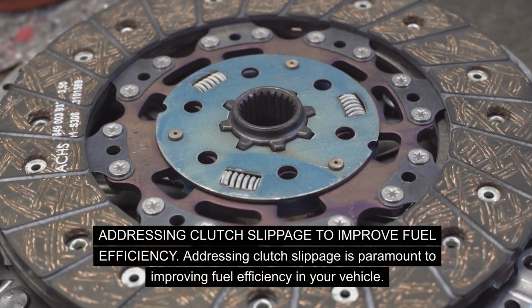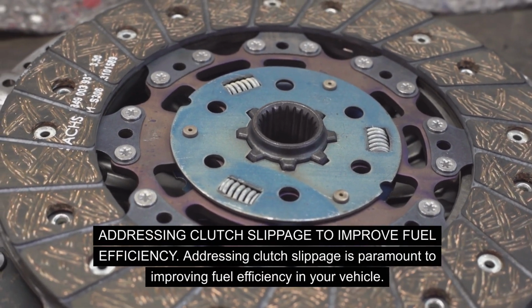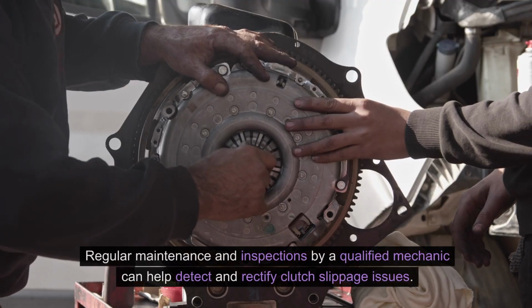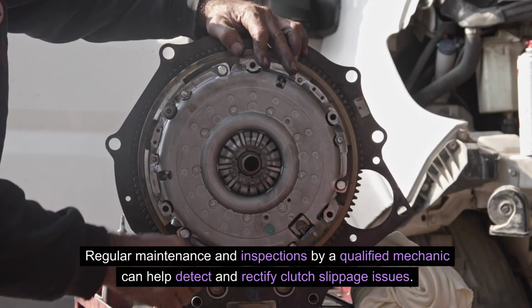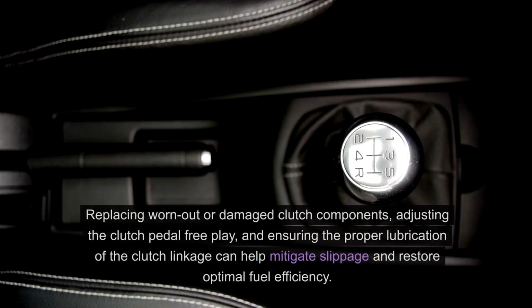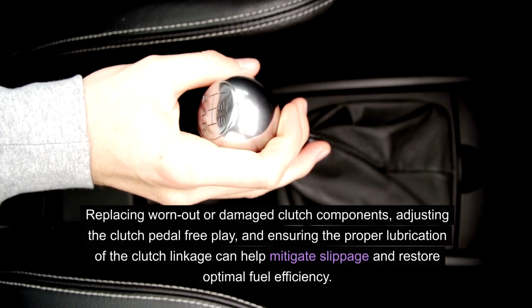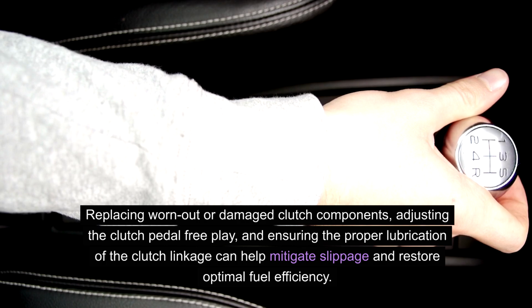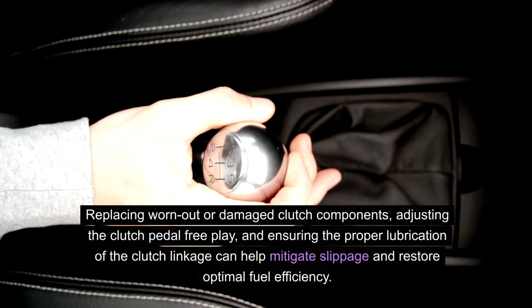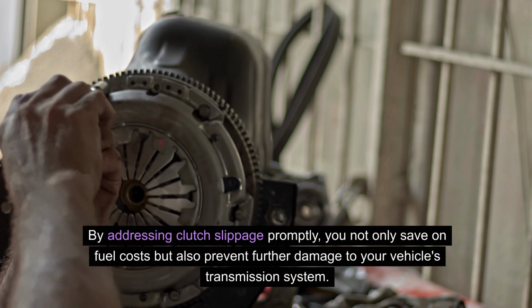Addressing clutch slippage to improve fuel efficiency. Addressing clutch slippage is paramount to improving fuel efficiency in your vehicle. Regular maintenance and inspections by a qualified mechanic can help detect and rectify clutch slippage issues. Replacing worn-out or damaged clutch components, adjusting the clutch pedal free play, and ensuring the proper lubrication of the clutch linkage can help mitigate slippage and restore optimal fuel efficiency. By addressing clutch slippage promptly, you not only save on fuel costs but also prevent further damage to your vehicle's